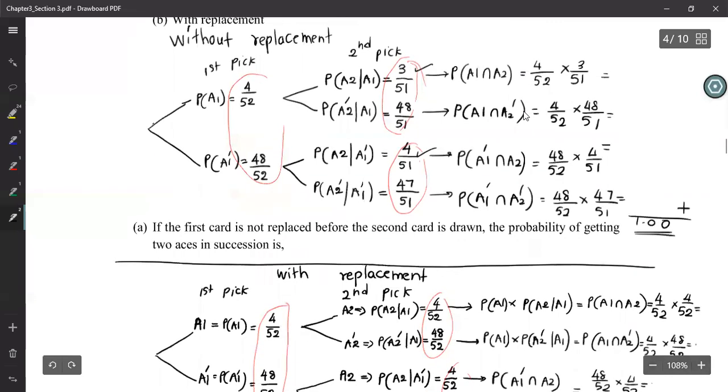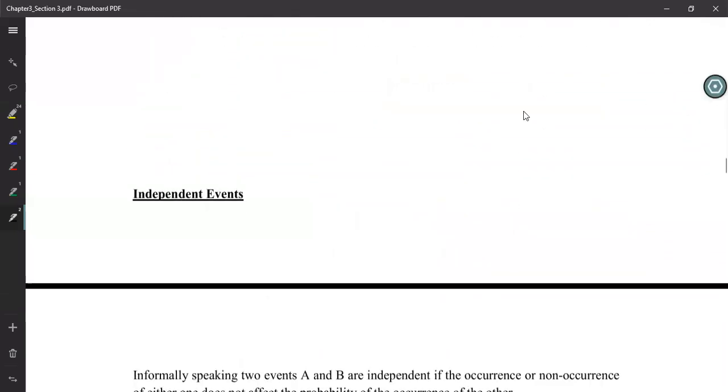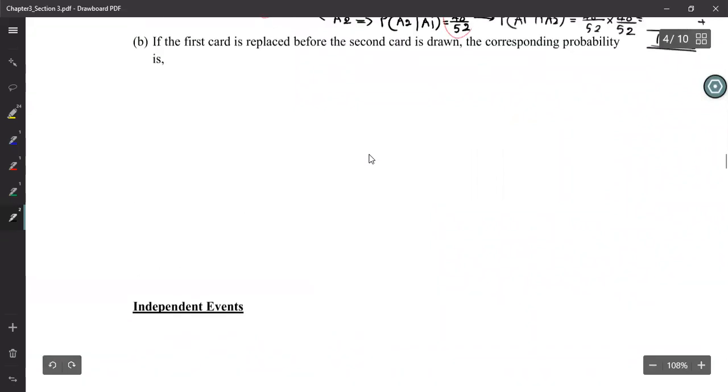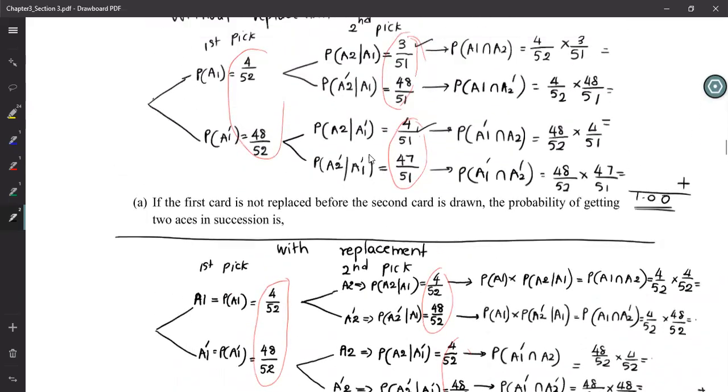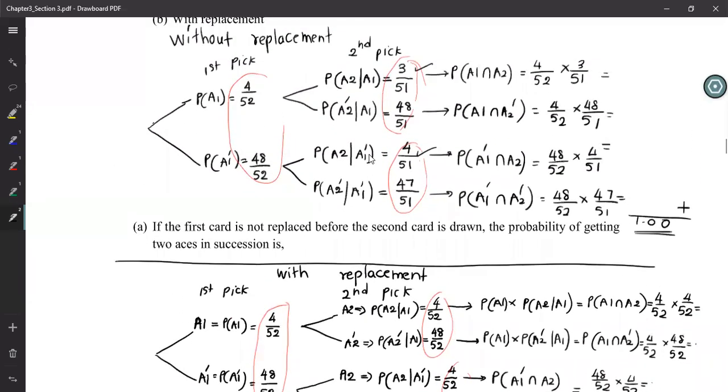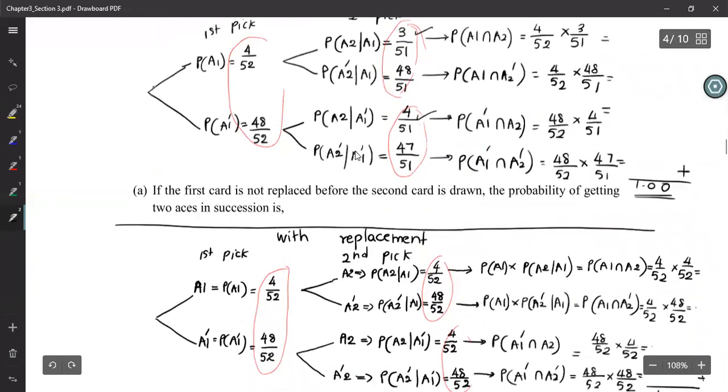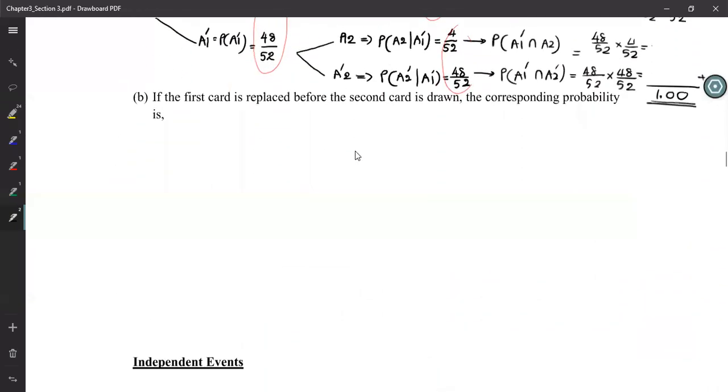Okay, right. Okay, so with that, we come to something called the independent events, right? The independent events. So with replacement and without replacement, I can explain the independent events very easily. Okay, so what do you mean by independent? When you have something or a person independent, what does that mean? Independent means it's not depending on any other person, right? Something like that. So if I say two independent events,